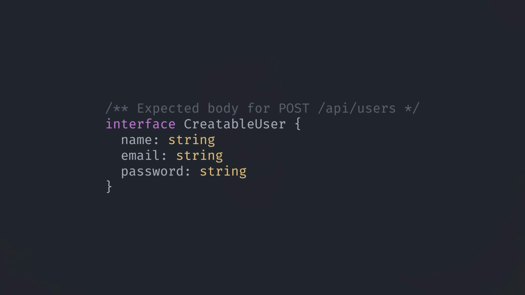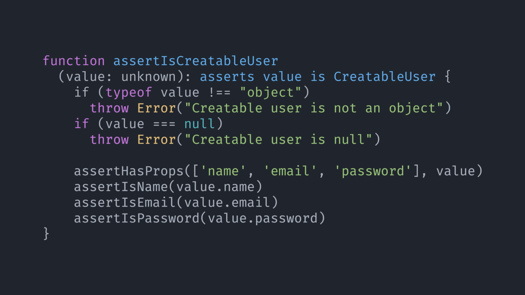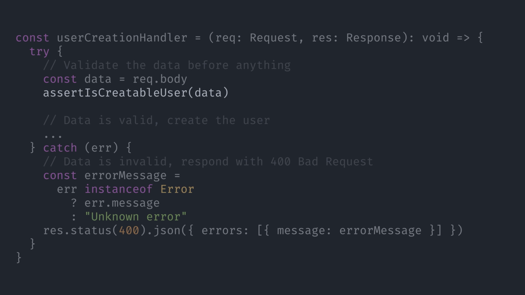Well, the most popular use case for assertion functions is data validation. Suppose you have a Node.js server and you're writing a handler for user creation. The first thing you should do in your request handlers is validate the data. If any of the fields is missing or invalid, you will want to throw an error. When you have conditions to check at the beginning of your code and you refuse to run if those conditions are invalid, that's called an early exit, and it's the perfect scenario for assertion functions.